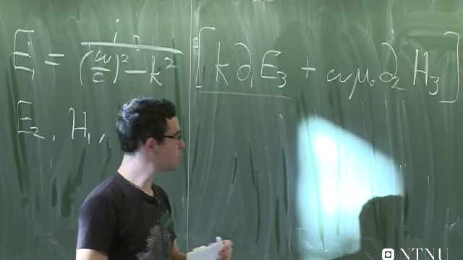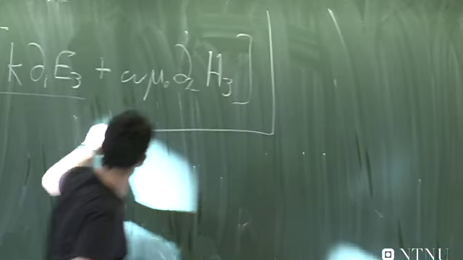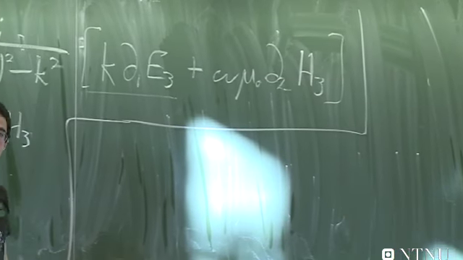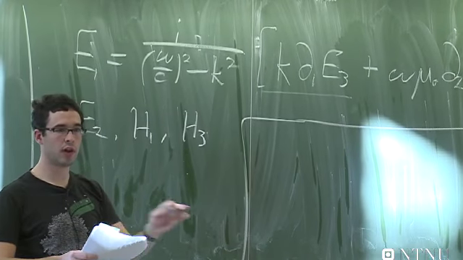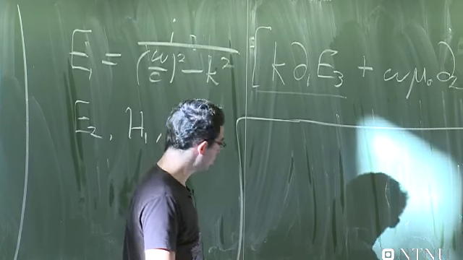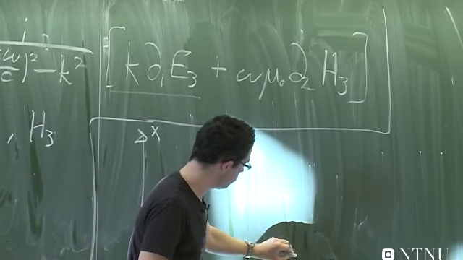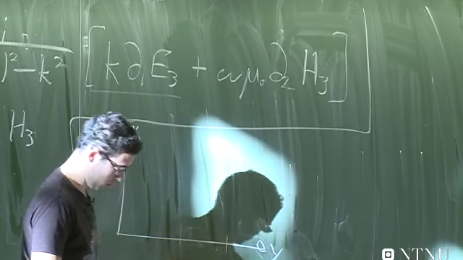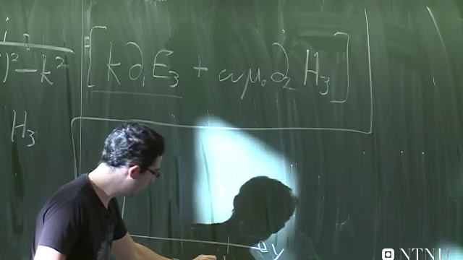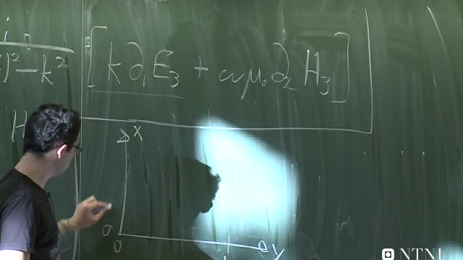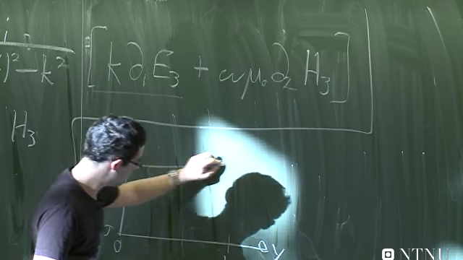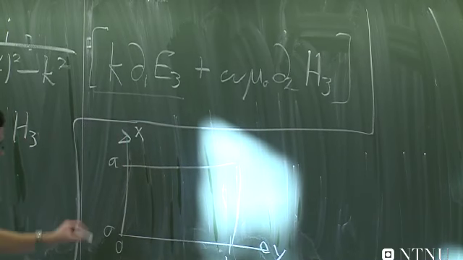Now the problem we're going to solve here as an example is the hollow waveguide with a rectangular cross-section. It looks like the following. If I have the x-axis here, y-axis here, we have some size b along the y-axis, a along the x-axis. So a rectangular cross-section, and it stretches out